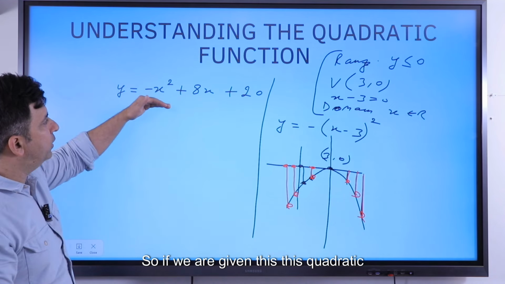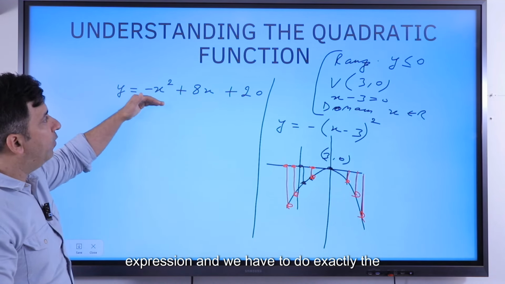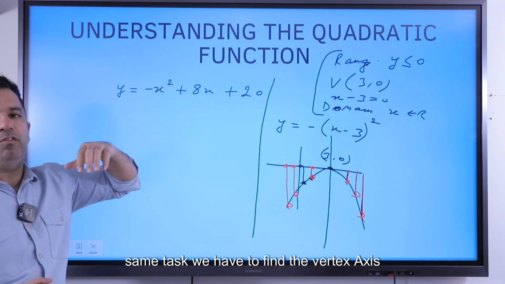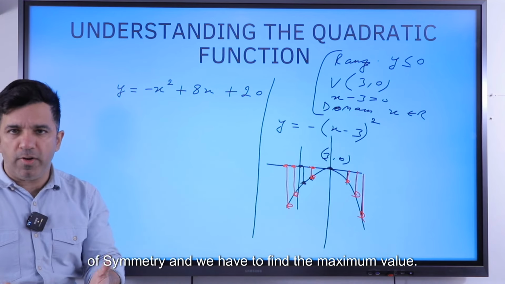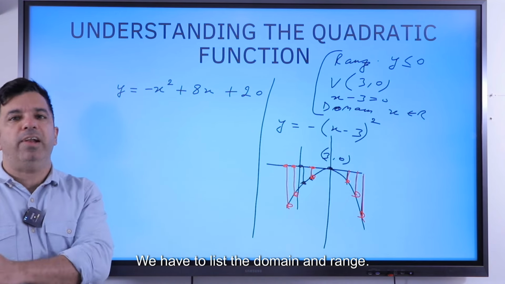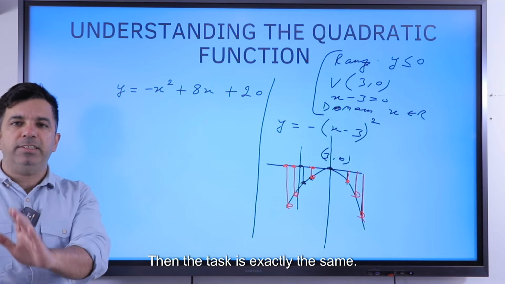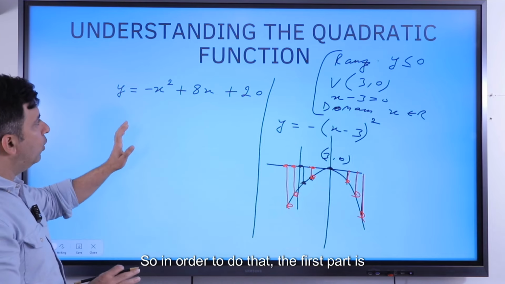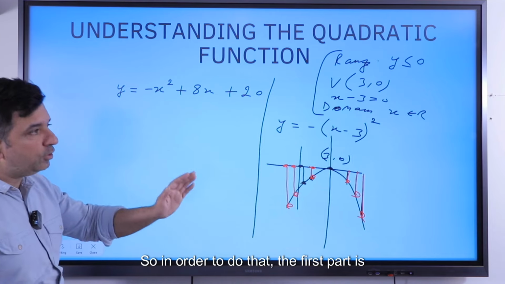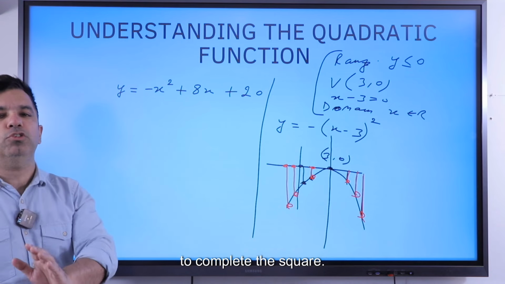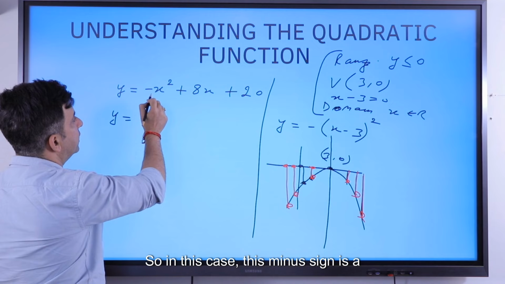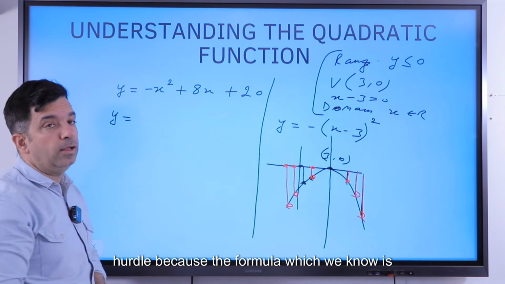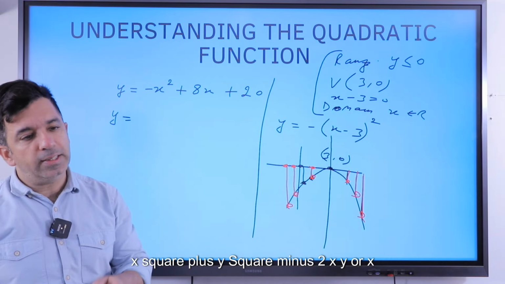If we are given this quadratic expression, we have to do exactly the same task: find the vertex, axis of symmetry, and the maximum or minimum value, and list the domain and range. So in order to do that, the first part is to complete the square so that we are able to move further. In this case, this minus sign is a hurdle, because the formula which we know is